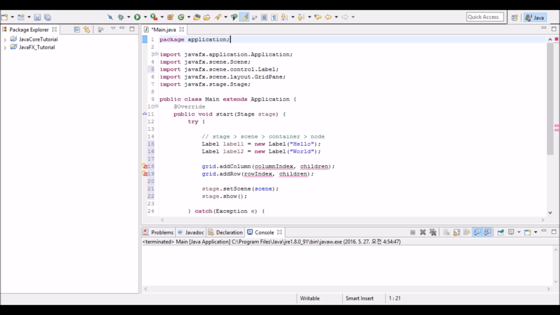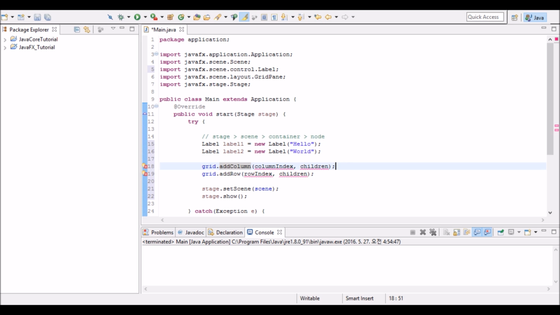And now let me explain the difference between the two methods. The addColumn method will fix the column index and increment the row index by 1 as we put the node into the grid pane. In other words, it will add items into the grid pane vertically.